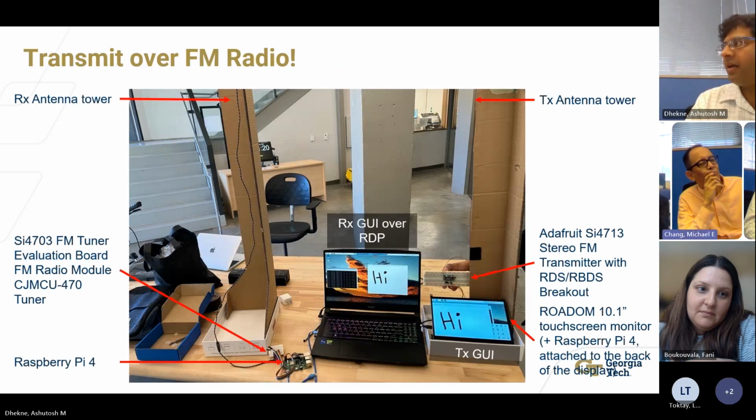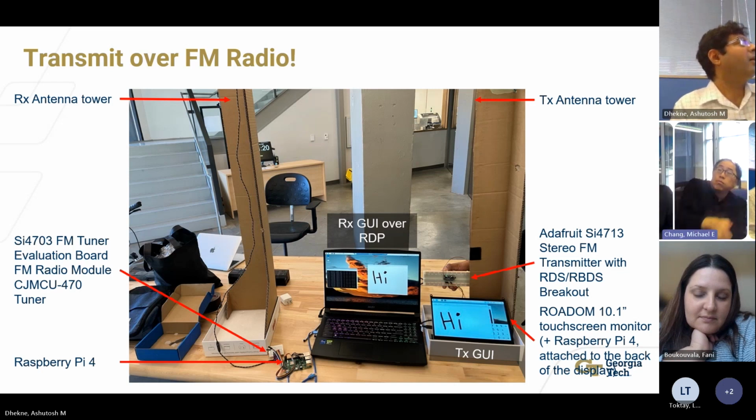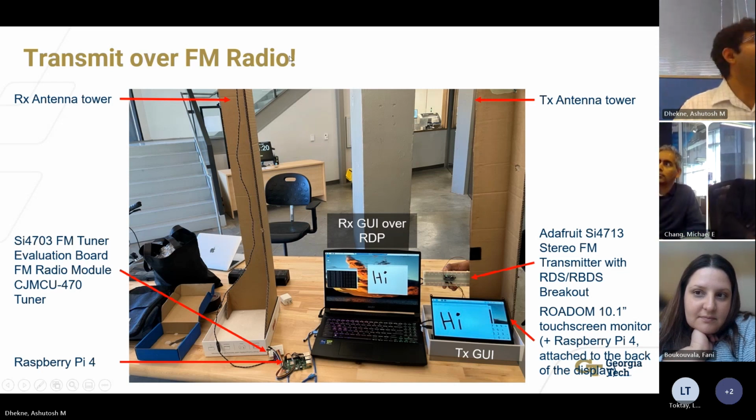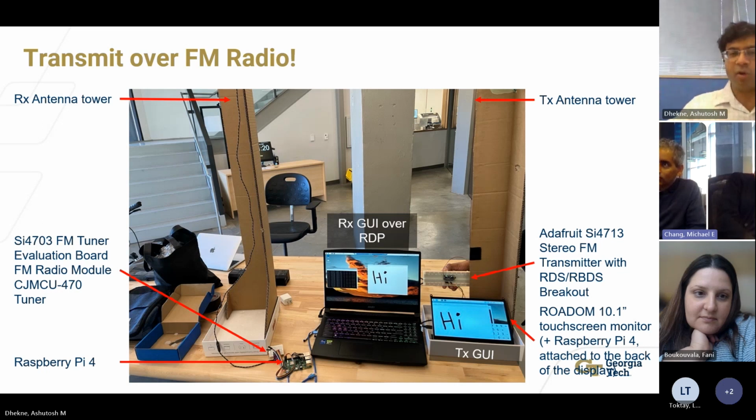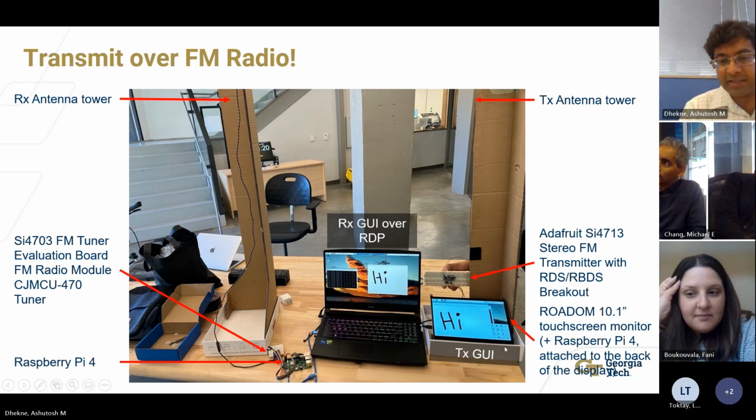Not only that, in December of 2023, in a course project, my students demonstrated that it's actually possible to send that data over FM radio. This is all within a room, so not really far away, but over FM radio, and you get this. This is the transmitter. You wrote a hi on this transmitter,